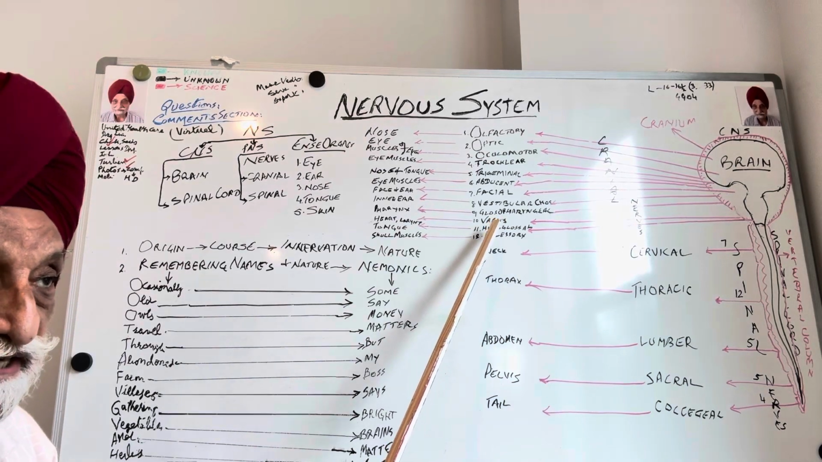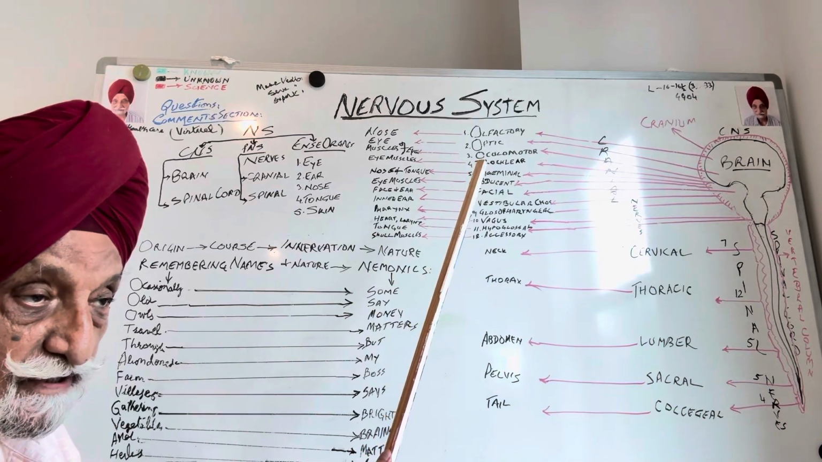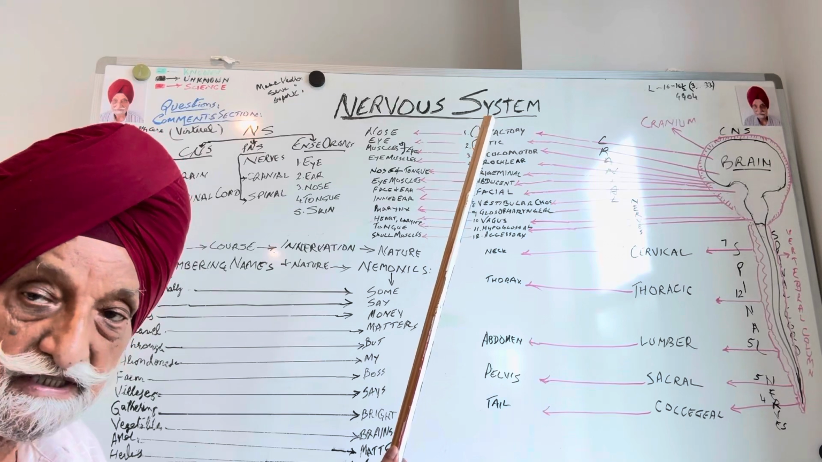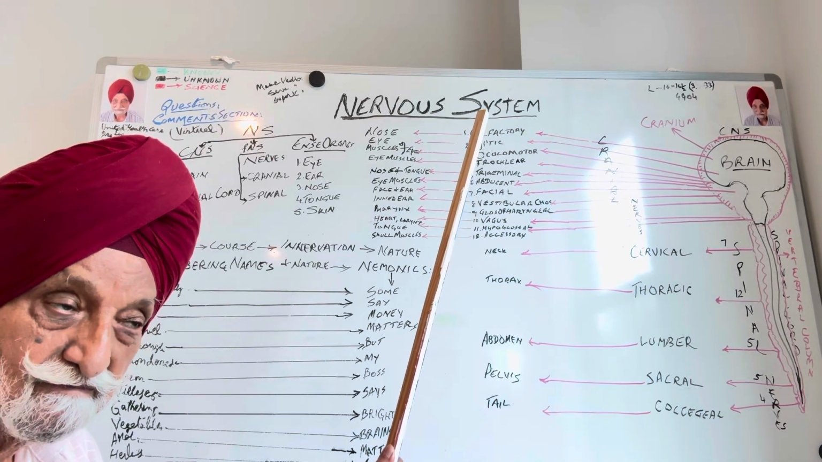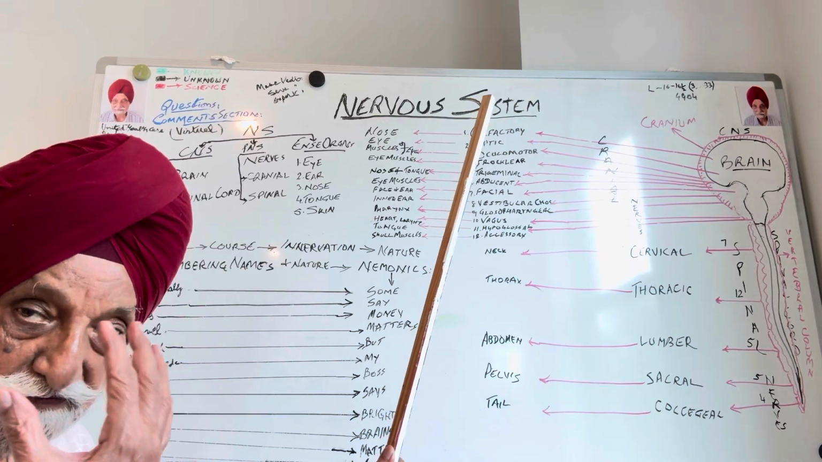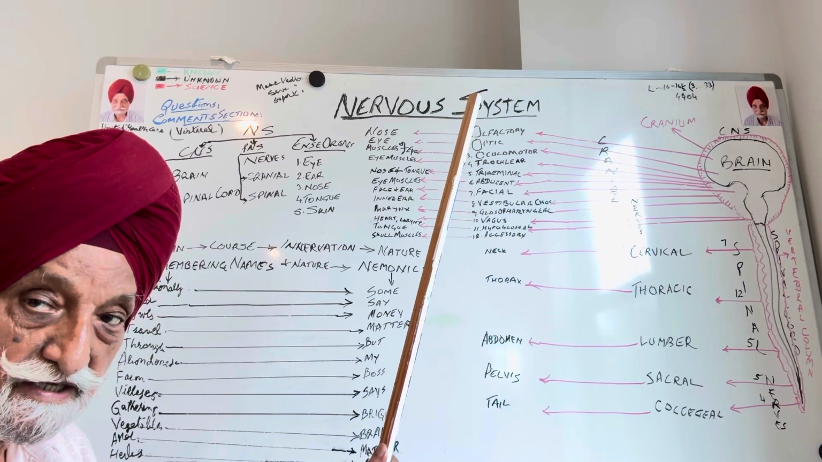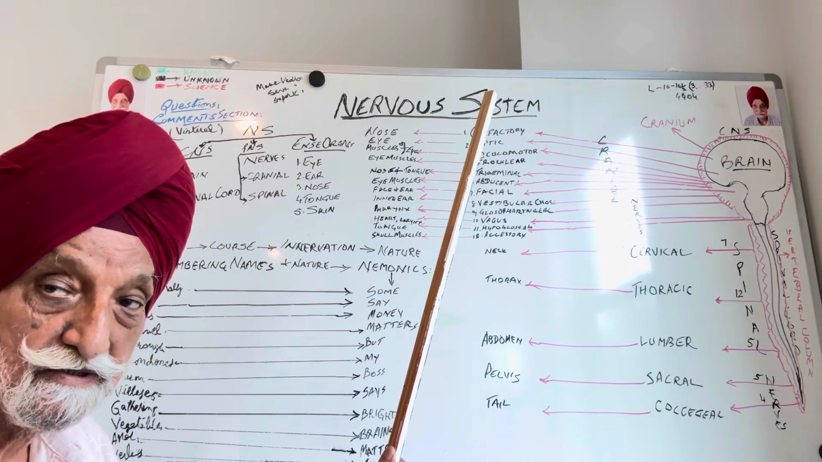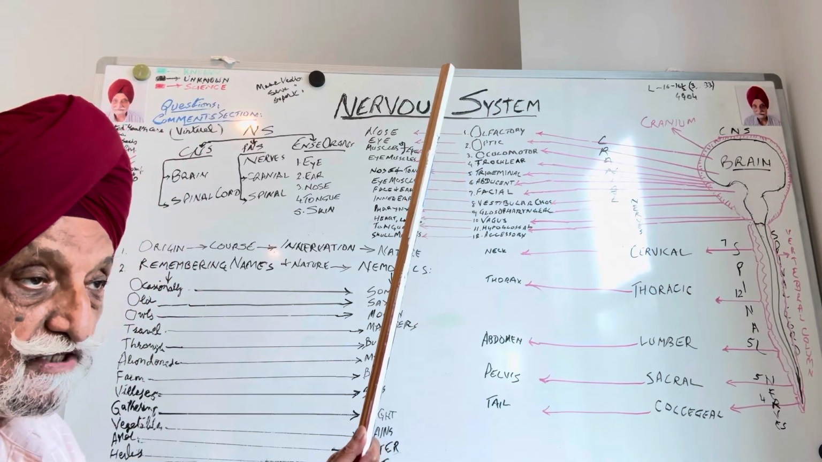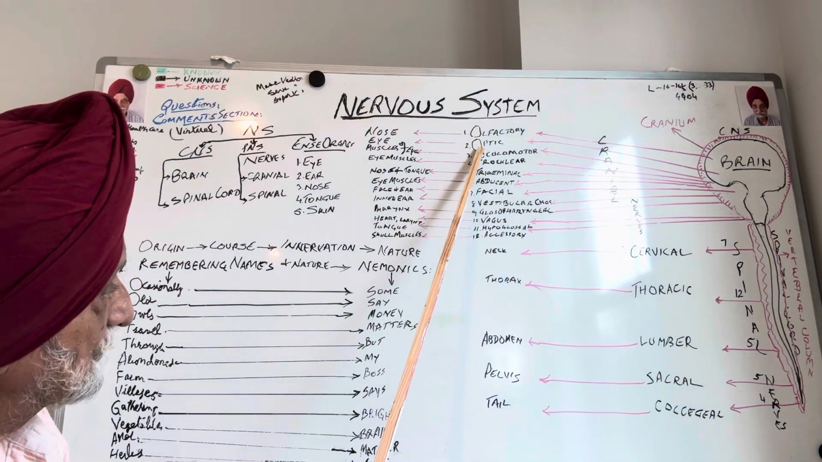They are called cranial nerves because the nerves that come out of the brain appear to be coming out of the cranium. The skull is divided into two portions. The upper portion is called the cranium. The front portion is called the face. And the nerves that come out of the brain appear to be coming out of the cranium, hence the name cranial nerves. There are 12 pairs of cranial nerves,